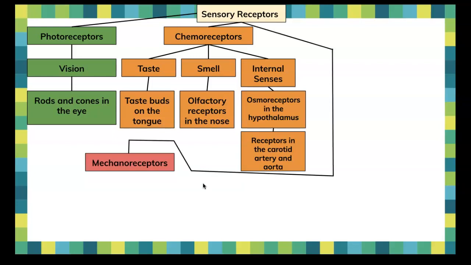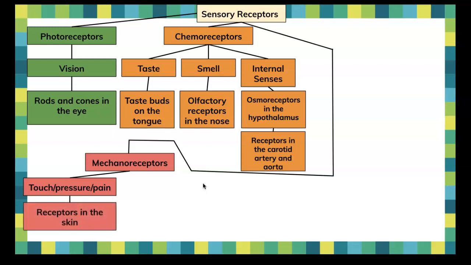We also have things called mechanoreceptors. Mechanoreceptors are things that respond to mechanical energy, so basically movement. This includes our touch, our pressure, our pain receptors in our skin. They respond to movement because if you press down almost like a button, the skin will be pressed down, which is a movement. Our hearing, which seems weird because you wouldn't think movement and hearing, but they are hair cells